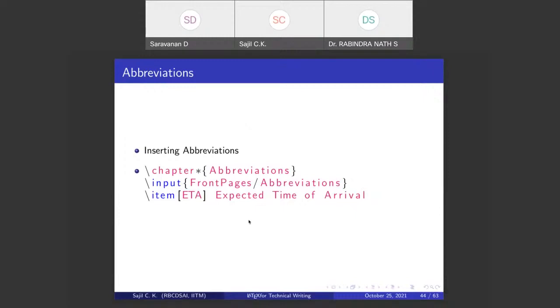And this example is for inserting abbreviations. Before that, I just need to show you how to separate the .tex file into multiple files, because it is not advised to write everything in a single .tex file.